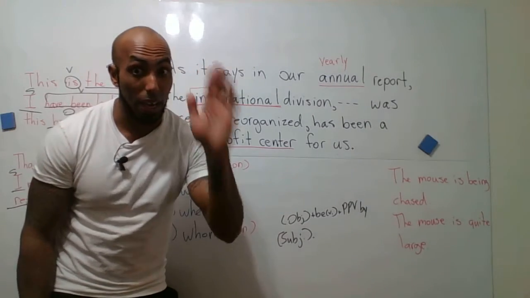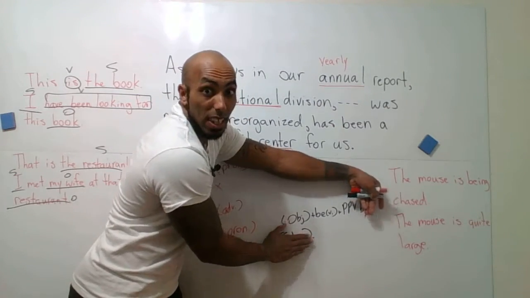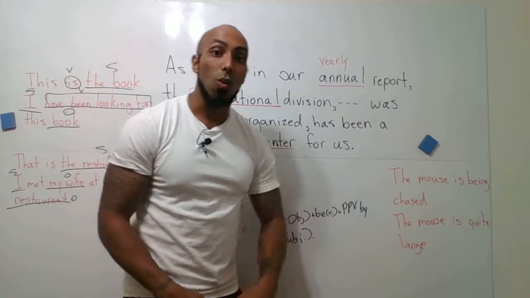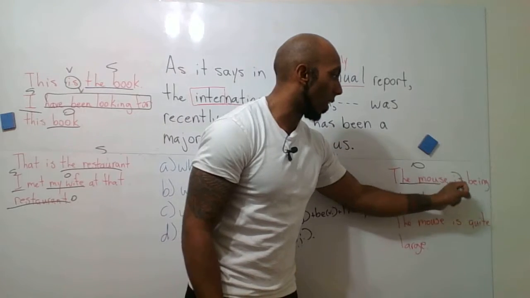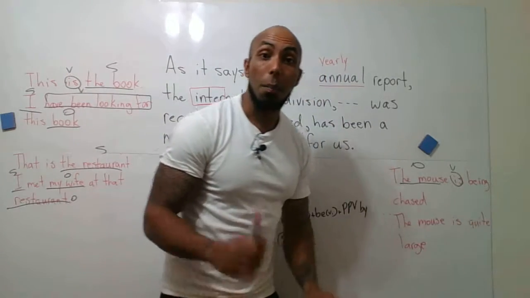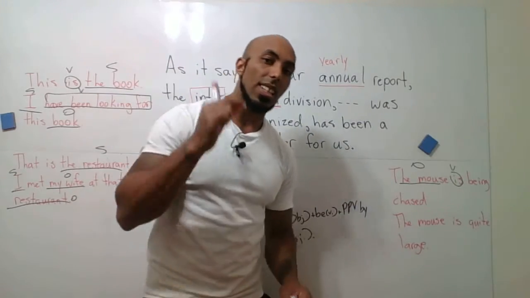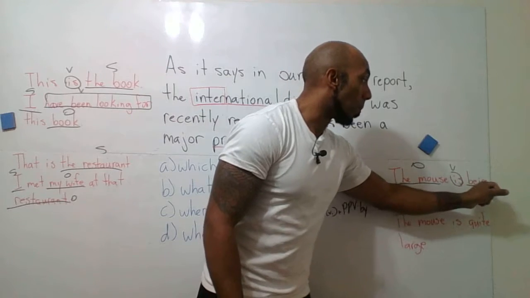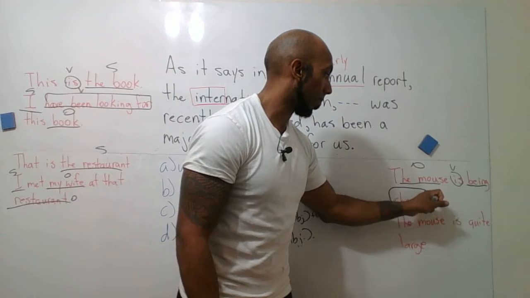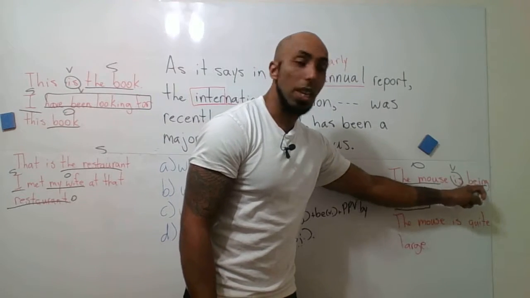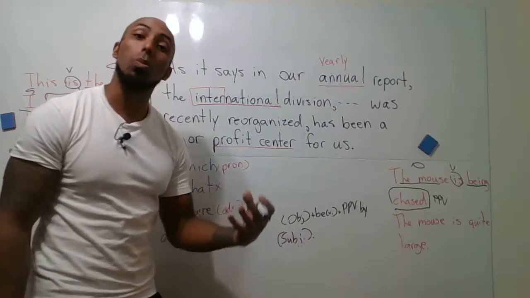Sometimes in passive voice, we don't have this by subject. We're not given these things. That is the case with this. We have the object, the mouse. Our be verb is, and our PP verb, past participle. Okay, so eat, ate, eaten. Eaten is the past participle. Is being chased. It's actually just chased, right? Because this being is part of the be verb, okay? The conjugated form of the verb to be, okay?